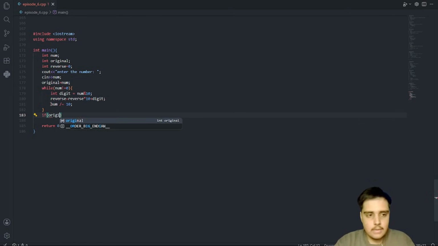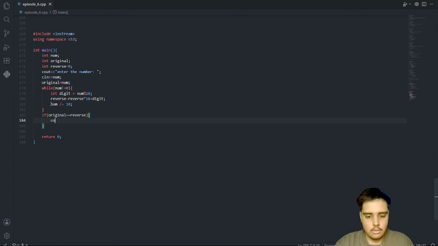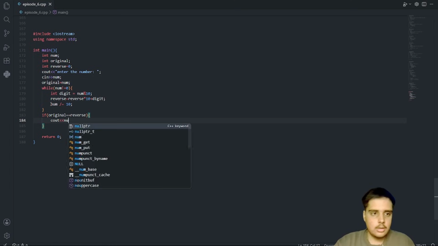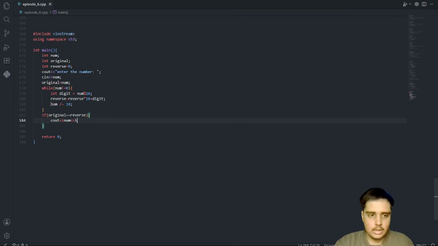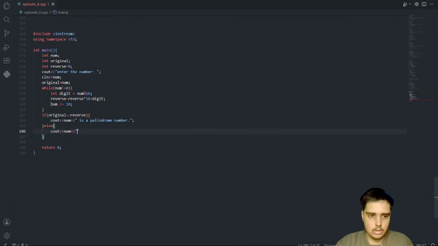So we will simply say if original is equal to reverse, we will print that the num is a palindrome number, and for the else part we will say the number is not a palindrome number.